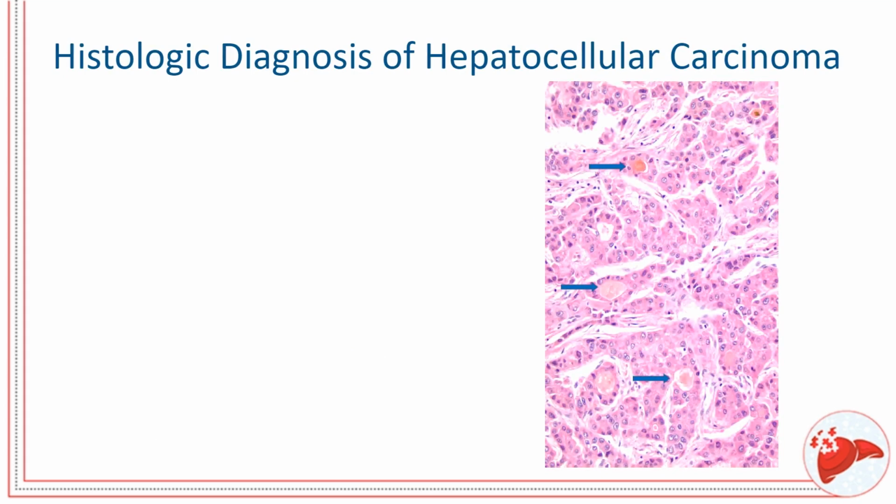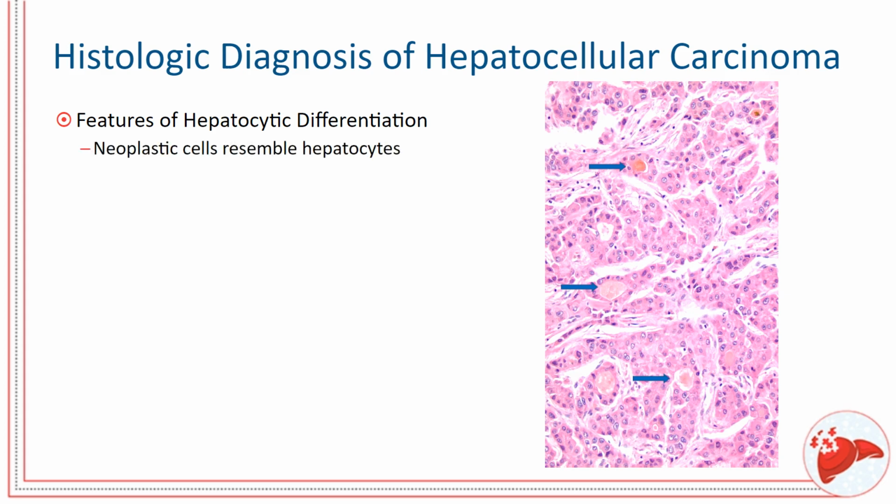And now, let's focus on the histologic diagnosis of hepatocellular carcinoma. Hepatocellular carcinoma has two important features. The first is that it shows the features of hepatocytic differentiation. So this is an example of a well-differentiated hepatocellular carcinoma. So basically, it resembled the